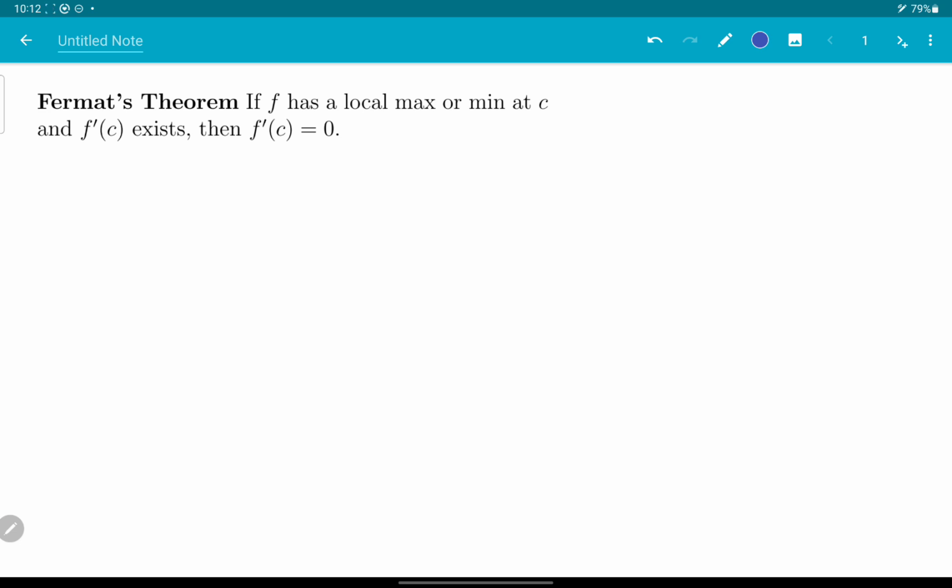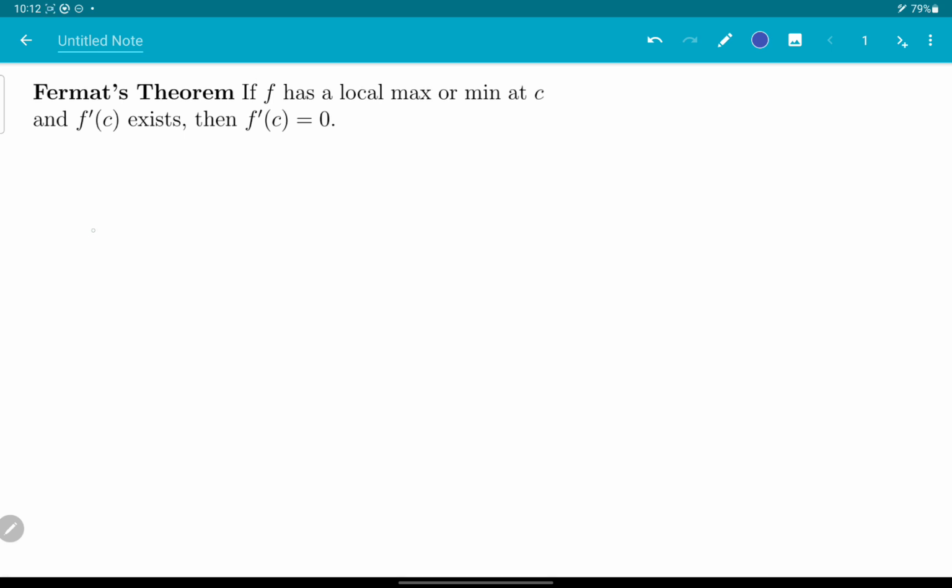So here we have a theorem that hopefully makes good sense to you. Let's write this out symbolically. So we have two statements. F has a local max or min at x equals c. Okay, that implies